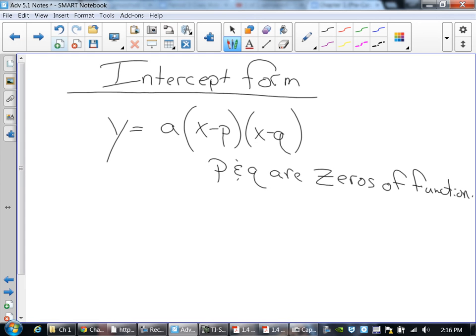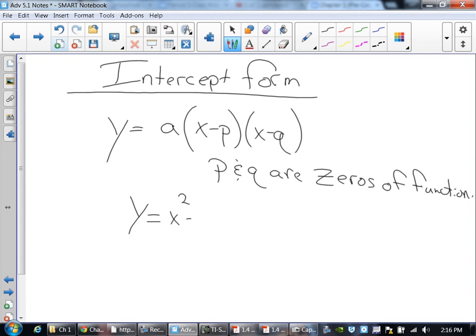Where p and q are the zeros of the function. What that means is where they cross the x-axis. And I know that each and every single one of you guys have dealt with a problem like that before. At least I hope. For example, if I do this, y equals